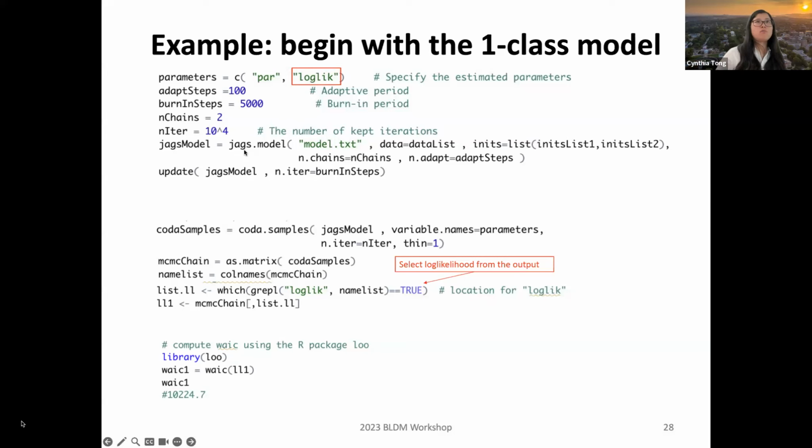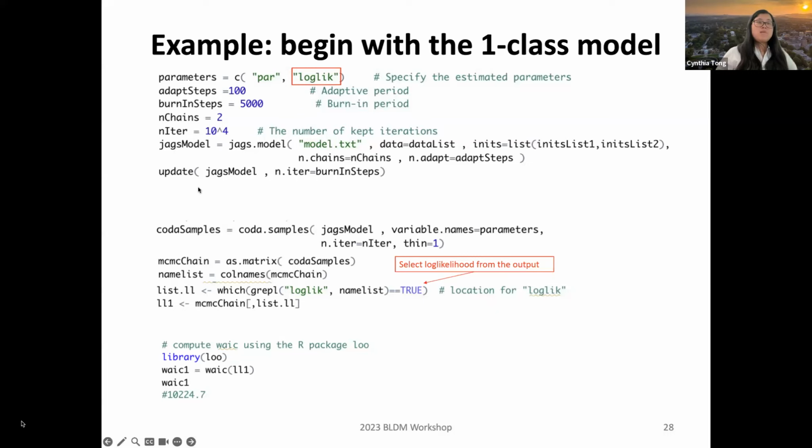Then we compile our model by putting the model, data, and initial values together. In this case, I'm setting the number of chains to be 2 to give you more options. Previously in the growth curve models, I just used 1. But if you set it as 2, it gives you more options to calculate DIC directly from JAGS. Also, for some convergence tests like Gelman's test, it requires at least 2 chains. So I just gave you more options. You'll see the code on our course website.